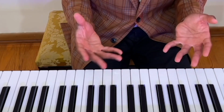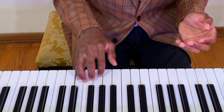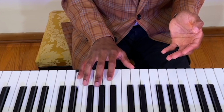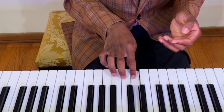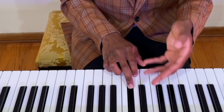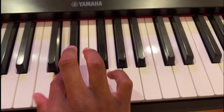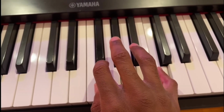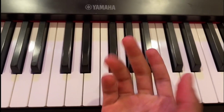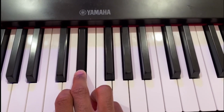Remember before when we were talking about intervals and how everything in the C major scale is either a major interval or a perfect interval? When we have this major interval here, what does it mean when we hit this note? Well, let's review our C minor scale. When we're playing C minor, you can see that, yes, I see the pun, that you have an E flat